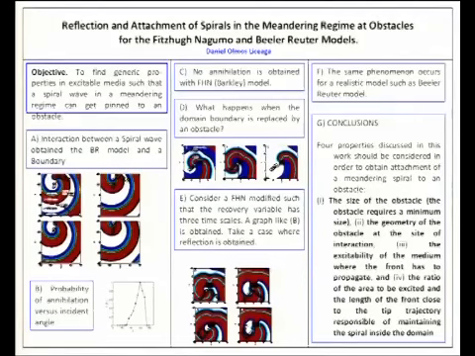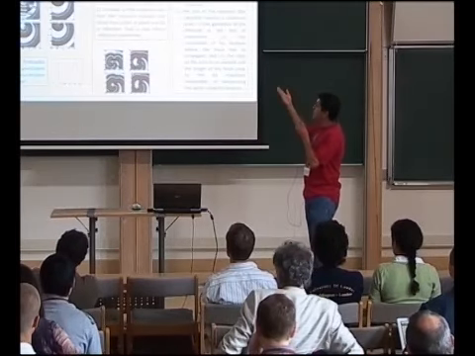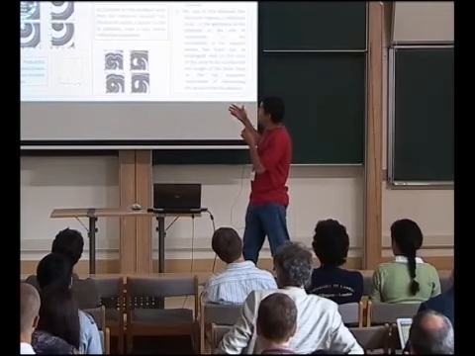Thank you. My name is Daniel Olmos, and I'm from the University of Sonora in Mexico. The main purpose of this poster is to find the properties by which a spiral wave can attach to an obstacle. Okay, so the main thing is that